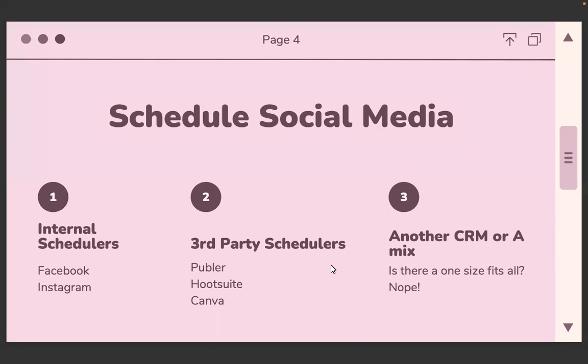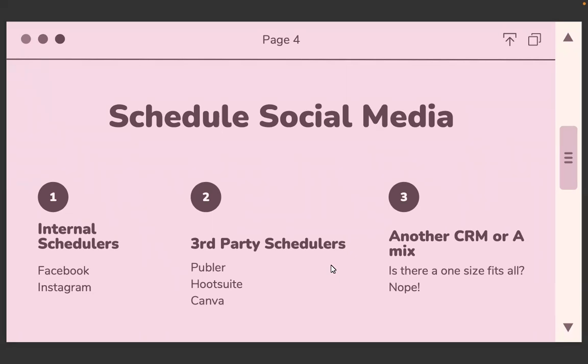But it really just depends on you. What's really great about Publer and Hootsuite, and I actually Googled it to see if there were some people that used to work at Hootsuite who now work at Publer, because it is very similar. That's what's really nice about the scheduling. If you Google it, it's P-U-B-L-E-R, and people have asked me, is that the right one? Yes, that is the right one. And it's really nice because you can schedule Facebook and Instagram, but you can also schedule LinkedIn, and Twitter, and